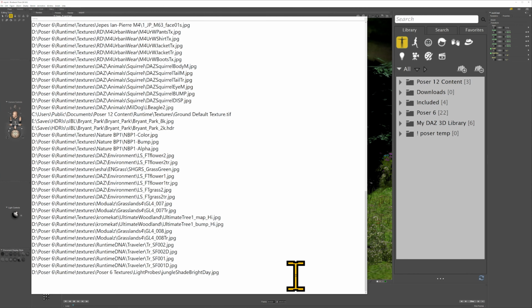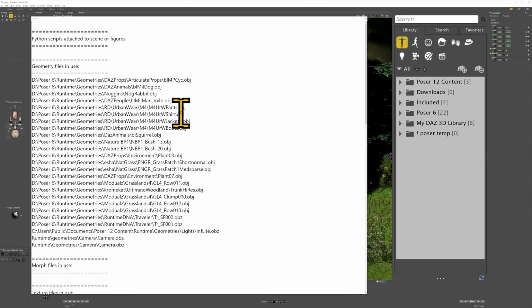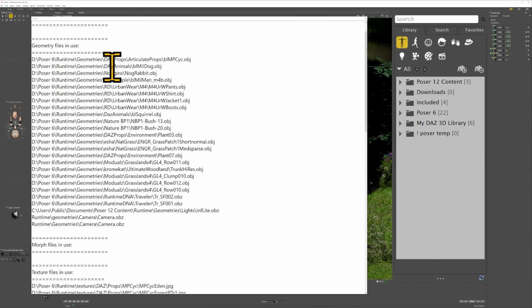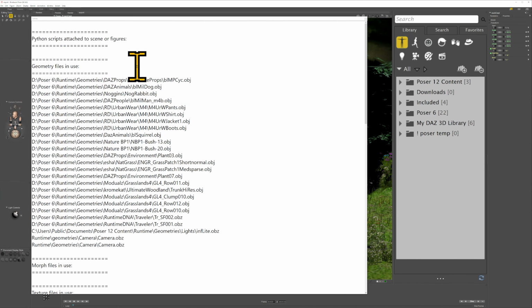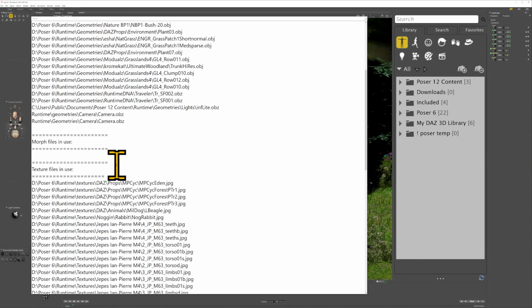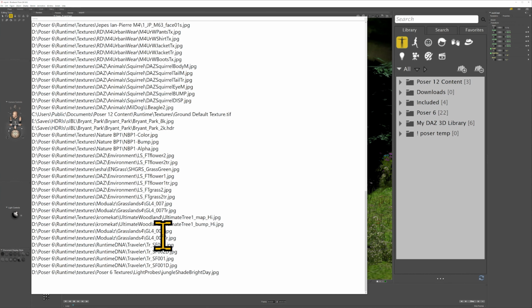files, that lists all of the content in categories of files that are used in your scene. Every single thing, in theory. It doesn't actually always do every single thing, but usually it does. Sometimes I find it misses objects that should be in the scene, but that's another matter. But what it does is it lists Python scripts, geometry, morph files, and textures that are used in your